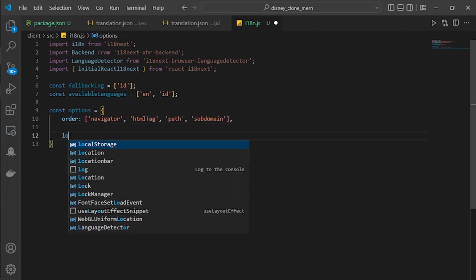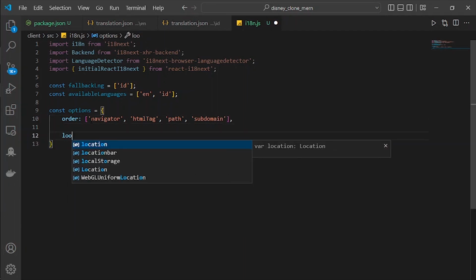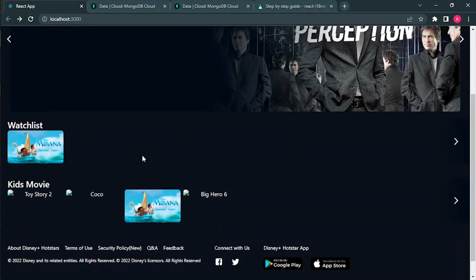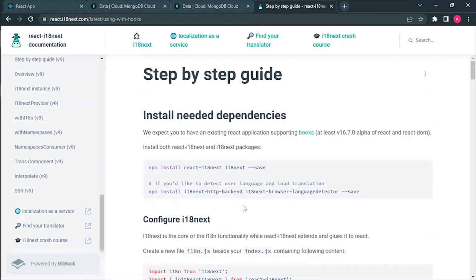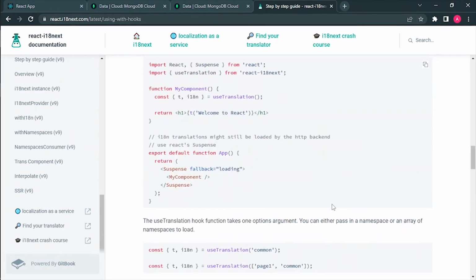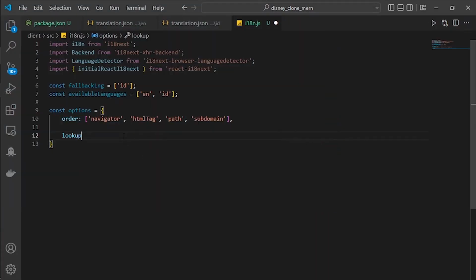We give it some comma here, and then we'll have a look up query string, and yeah, I didn't find the starter code because these were the different codes that we will use. Look up query string is equal to the language, and then here we have the lookup cookie